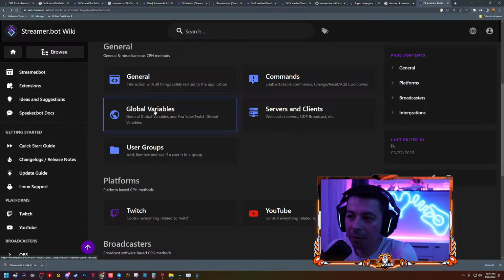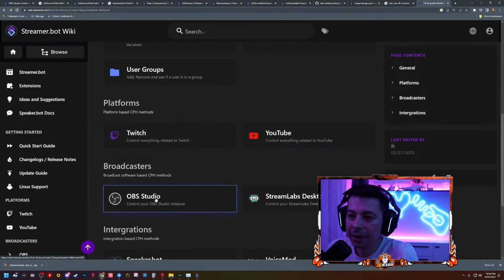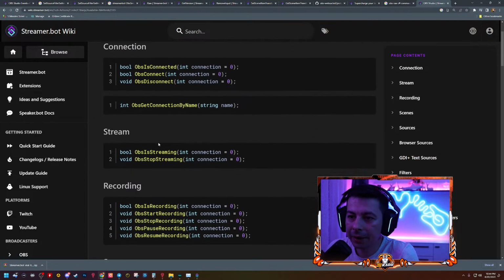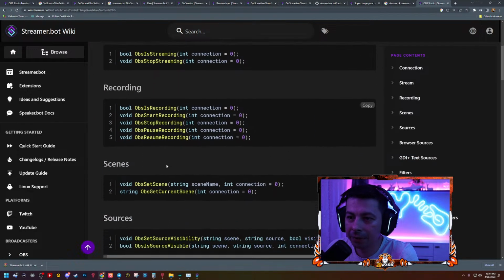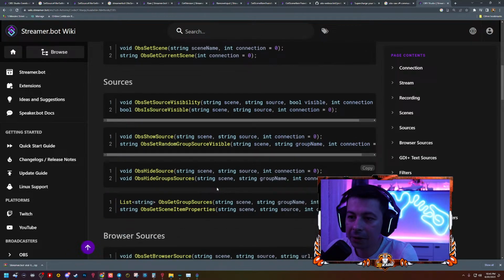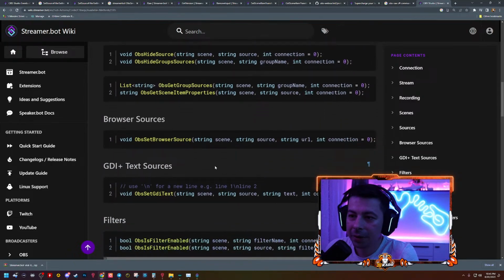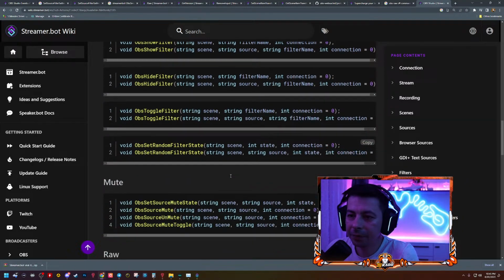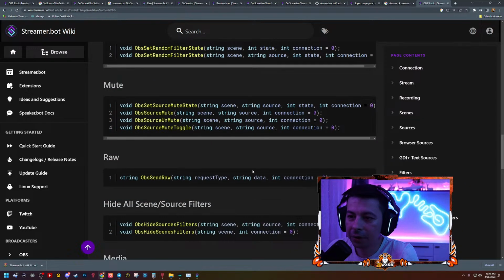User groups, global variables, based on CPH handler. Okay. Is connected. Do we have OBS raw? Set browser source, filters, toggle, OBS send raw, request type, string data, and connection. Okay, so